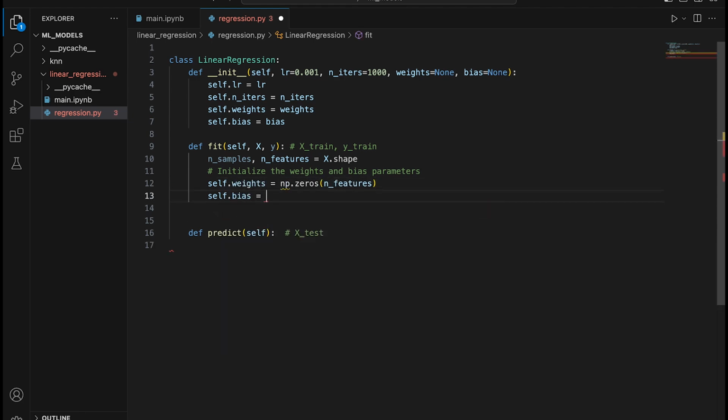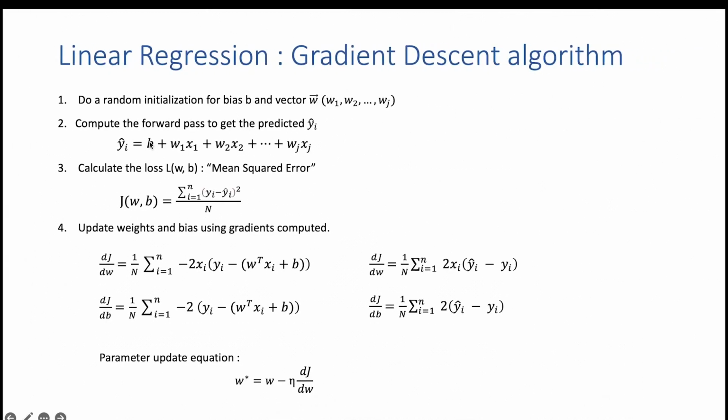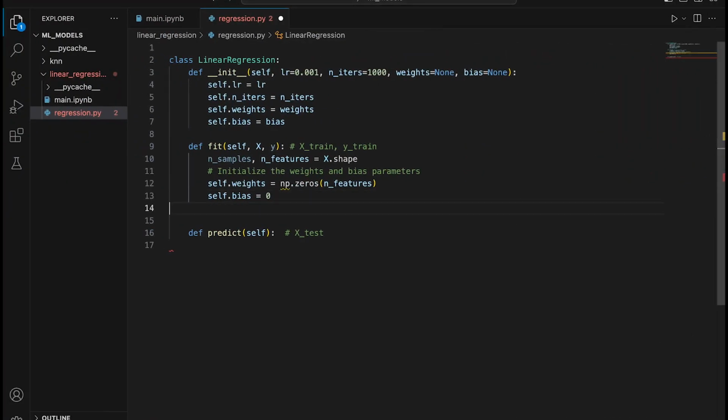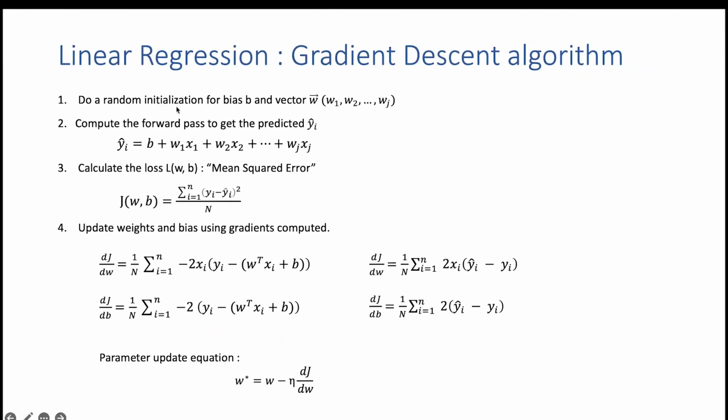So self.bias is a single component, right? It's a single term. It's an intercept term, which is given by b here. I'm going to initialize this with 0 again. Right after initializing the weights and biases, that is step number 2 within the linear regression optimization process, you